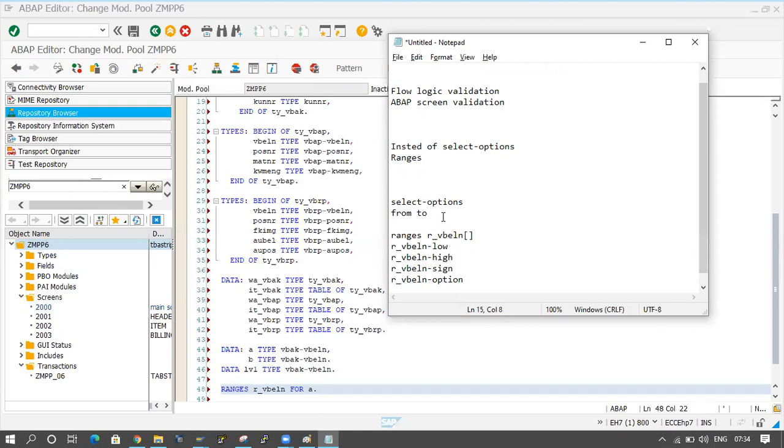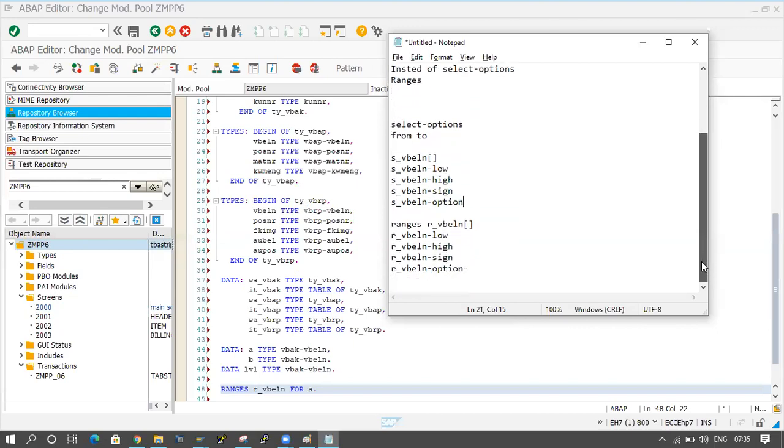For example, in a normal report, if I declare select options S_VBELN, it will also contain the same thing: S_VBELN-low, S_VBELN-high, S_VBELN-sign, and S_VBELN-option. So if you declare select options in a normal program, in the backend it will create one internal table and work area with the same name.